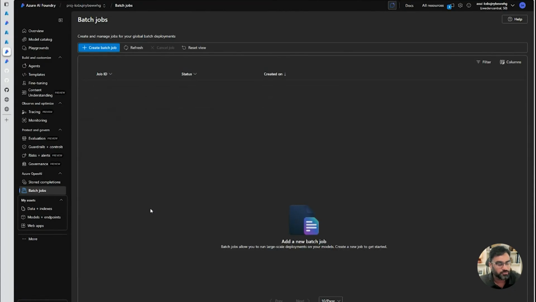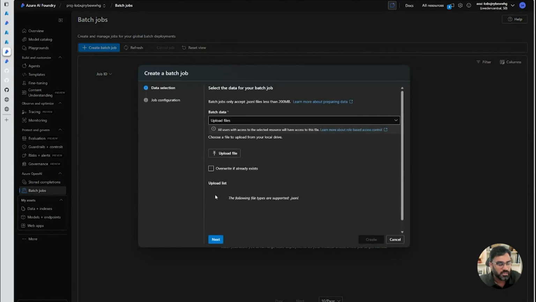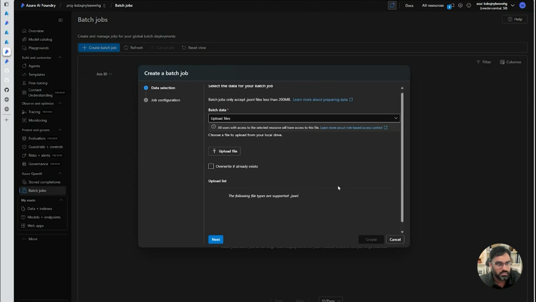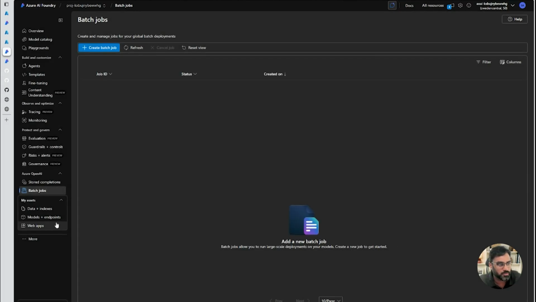And also we have batch job support. So if you want to offload some tasks, or do on-behalf-of-user tasks, something like those, you can always create these batch jobs. You can schedule typical jobs that you want to configure, and these will be executed on different schedules to get the response back.